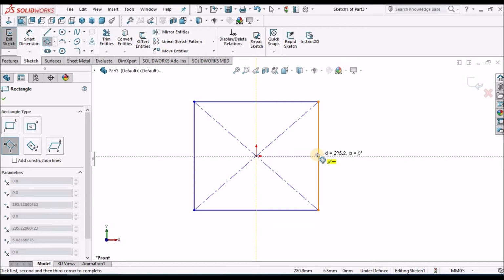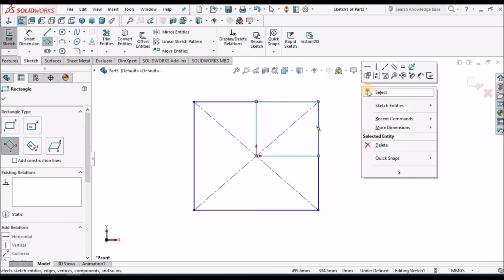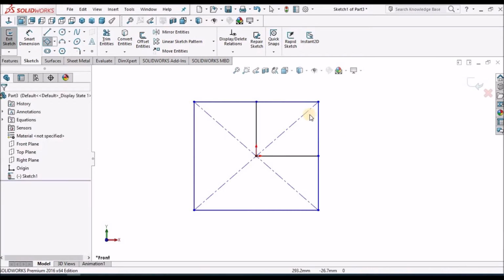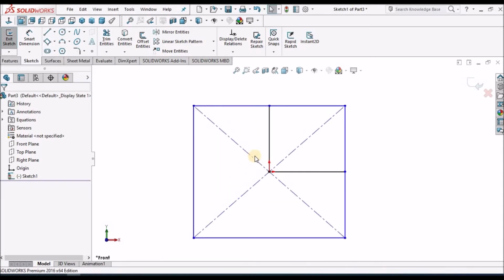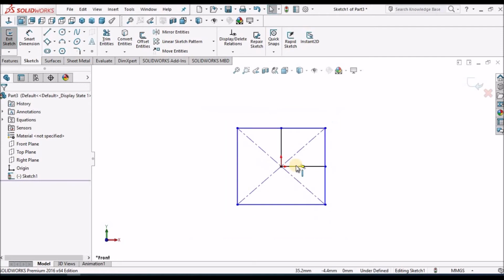I can click here and click one point, and I am getting a quarter of this rectangle. These two, 3-point corner rectangle and 3-point center rectangle, we rarely use. With the 3-point center rectangle we will get 2 center lines.